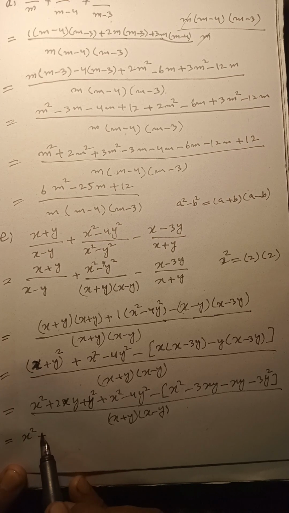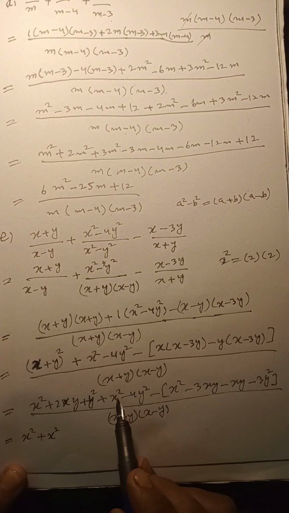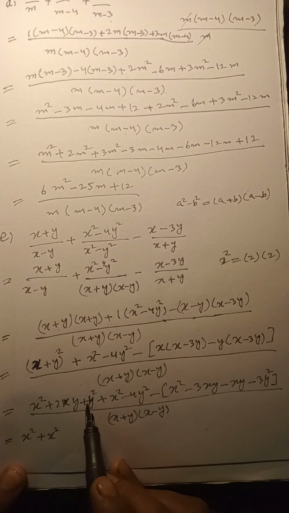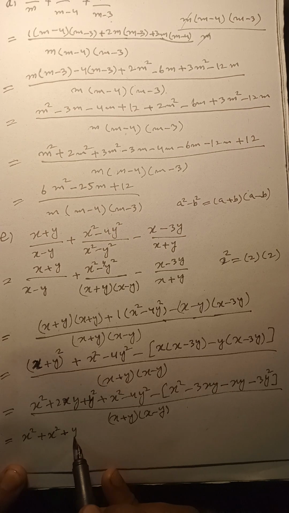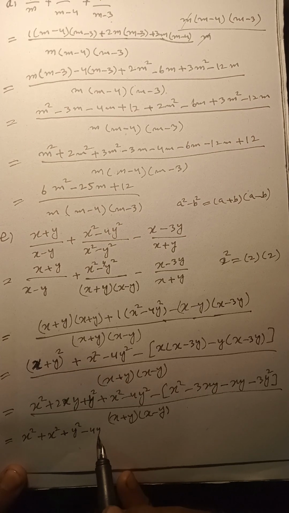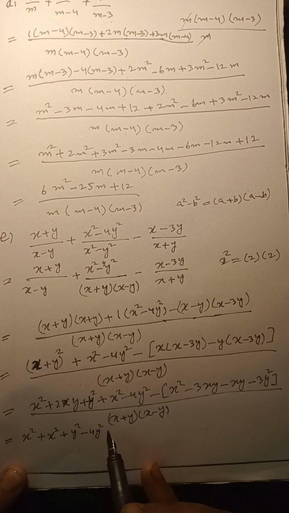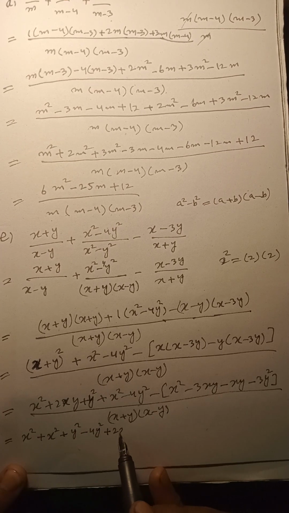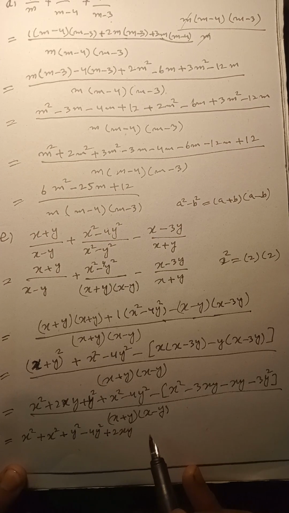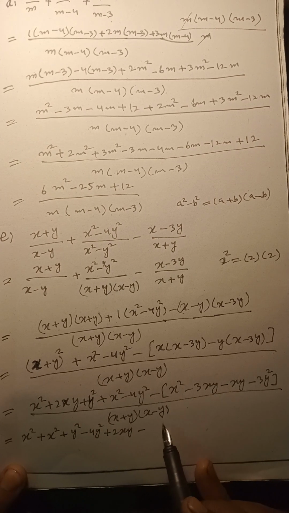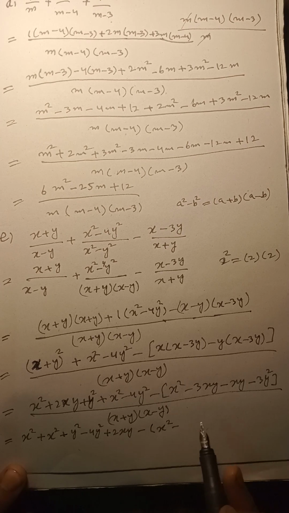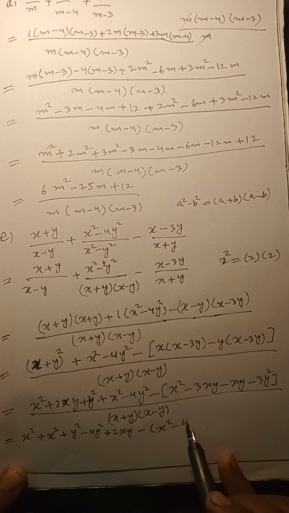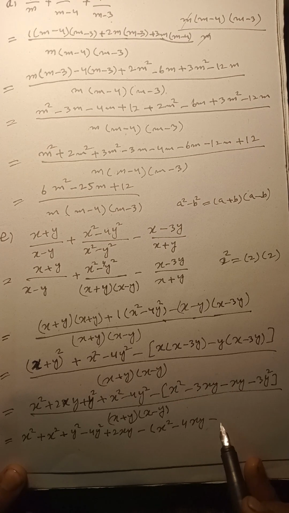X square plus x square, and y square is similar to this y square, plus y square minus 4y square, and this plus 2xy is here, and then minus this one and this, which again needs a bracket here. X square minus 3 and minus 1 will make minus 4xy and minus 3y square, and